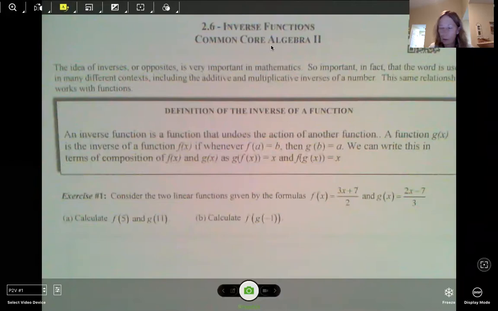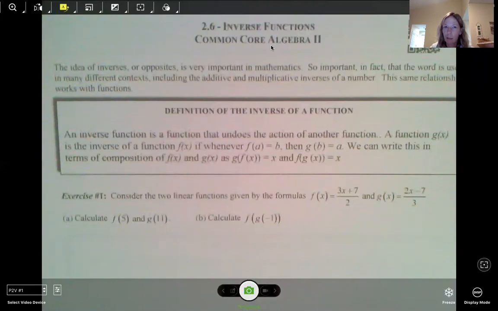I am going to go through the beginning part of section 2.6, which is titled Inverse Functions. The basis that you probably have for this understanding of inverse functions, you might have talked about it a little bit in Algebra 1, but at the most basic level, we've talked about inverses when we solved equations,